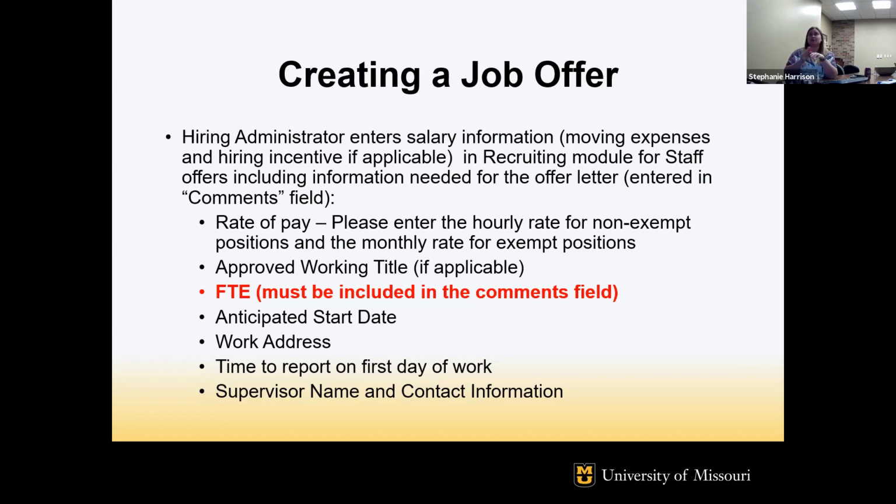We'll move forward with the other, and then we'll leave everything else for you guys to fill out on the offer letter. If the information is there in the comment box, then I do try to add it in. I'm probably not as good at it right now since I'm doing the offer letters for all of campus. So bear with me. I'll get back to putting in the work address and doing all of that eventually once I have some help. But for right now, the most important is definitely the FTE for the position that you're offering.